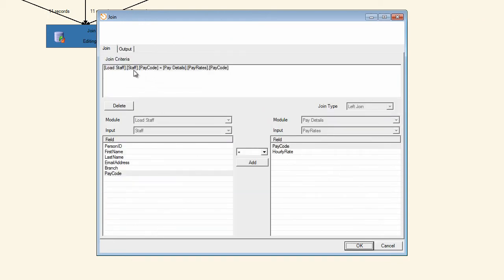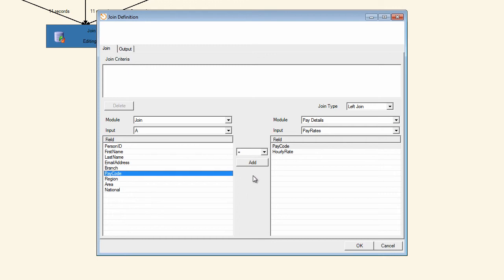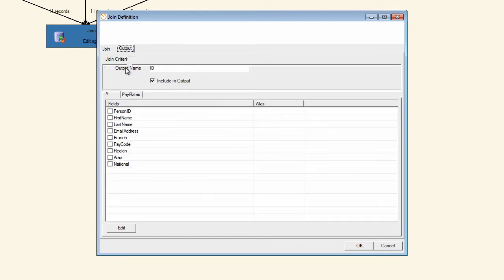we can see that for the second join we used the staff data set as the input on the left hand side. So instead of doing that, I'm going to select the dataset that is produced as a result of the first join. So if I select the join module, which is this module, I can see that my dataset A is now available for selection. So if I select that dataset and join on pay code, same as before, and select the columns from A that I want,